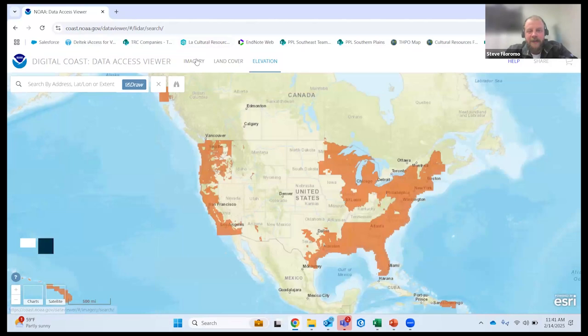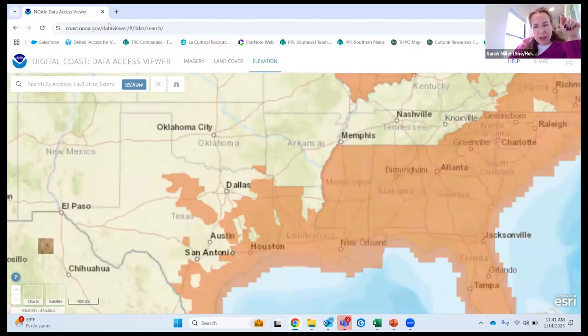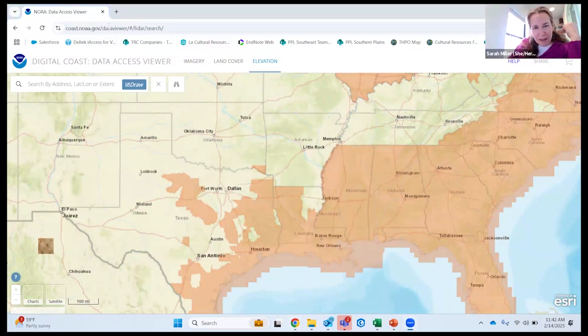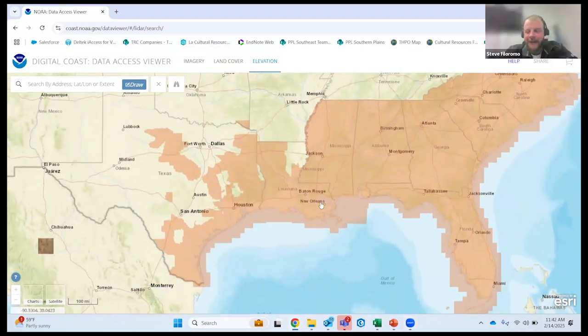And so you have three options. You have imagery, land cover, elevation. Could you stick that URL in the chat? Absolutely. I'm a kinesthetic learner, so I do best by doing. That's how I am too. So let's